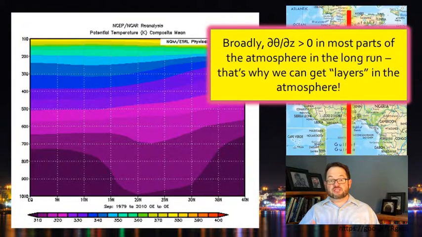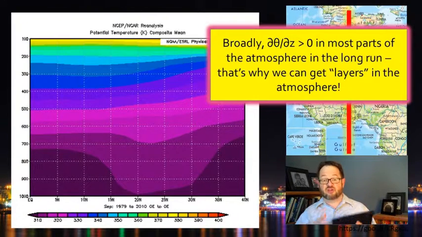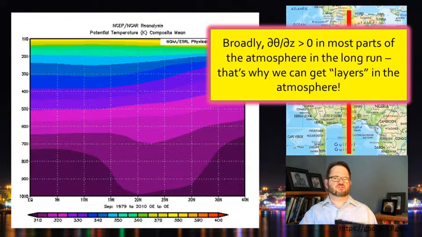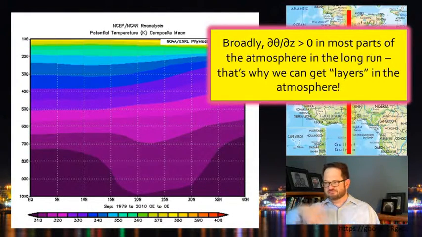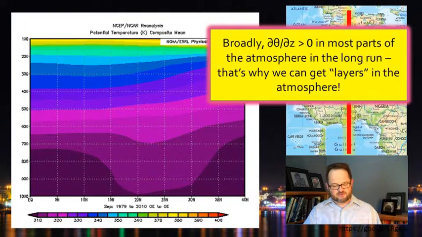In general, the troposphere is broadly statically stable. Okay? There are individual places, like down near the surface and so on, that might not be, but a good rule of thumb is by and large the atmosphere is statically stable. That's why we're able to get things like layers and stuff like that that persist. I mean, if the atmosphere was statically unstable, they would just drift away. They'd float away. We wouldn't be able to make layers to the atmosphere. That's kind of a